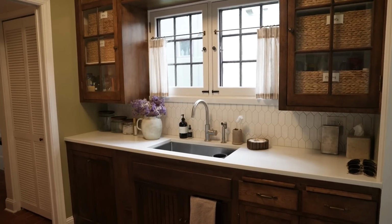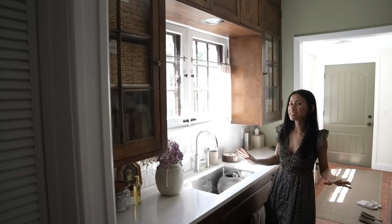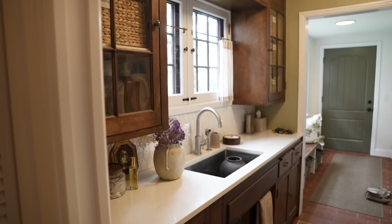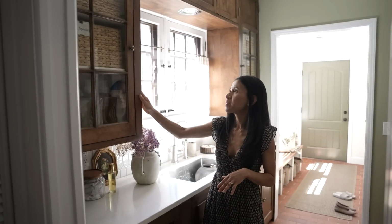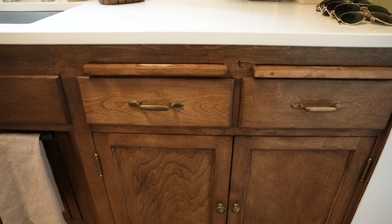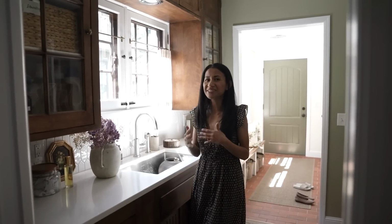So these here are the original cabinets from the kitchen. My husband restained it, and it took us a while. It was like a trial and error to get the right stain color because it was really orangey before. But I'm so glad that we decided to stain it and not paint it. It just really feels like it's a part of the house, and I didn't want to take that